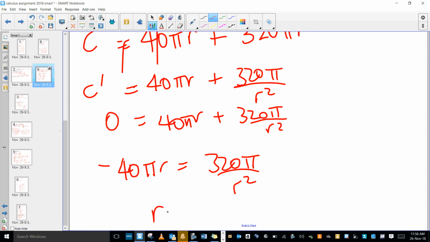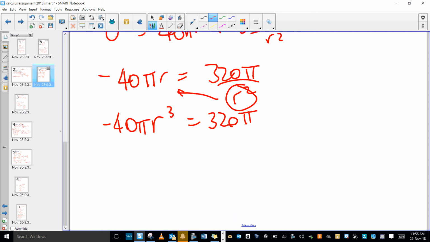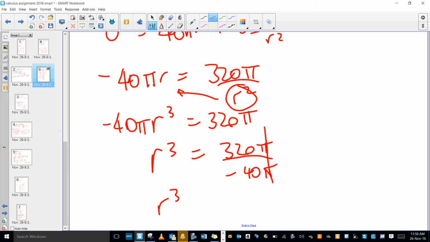I'm going to multiply these by this, so that's negative 40 pi r cubed equals 320 pi. Doing steps, so r cubed is going to be 320 pi over negative 40 pi. Obviously my pi's cancel, so r cubed is 320 over negative 40, so that's negative 8. So r is going to be the cube root of